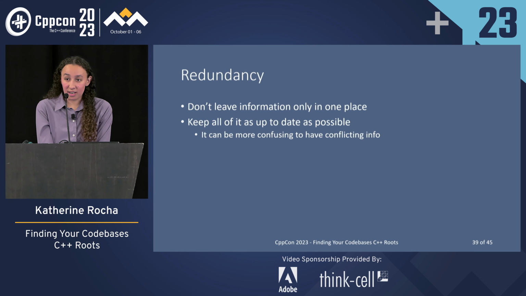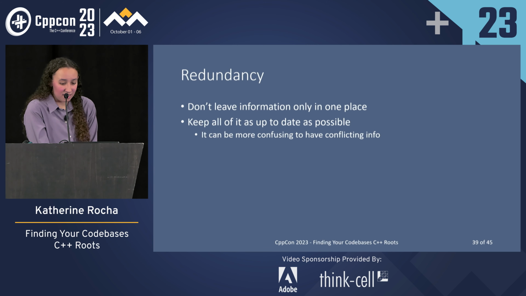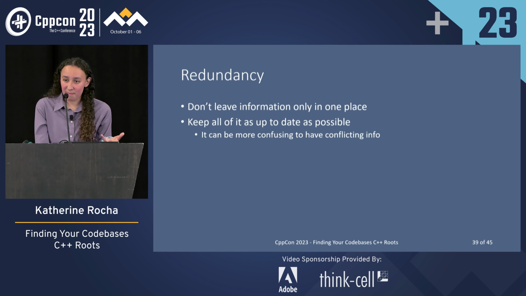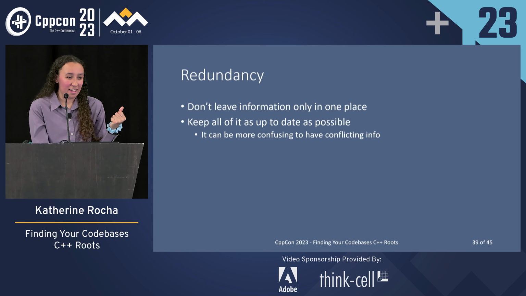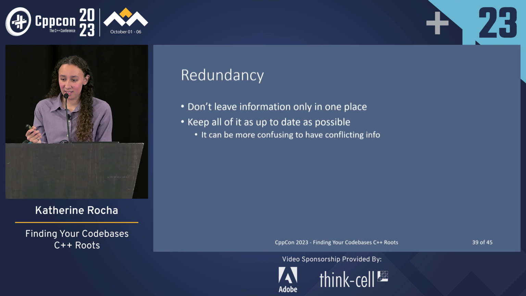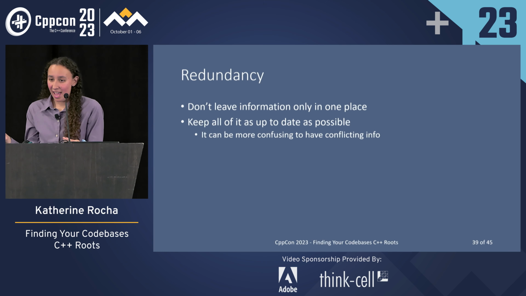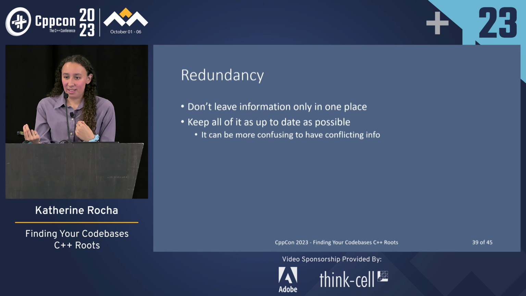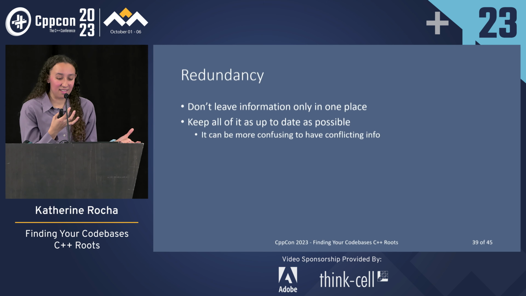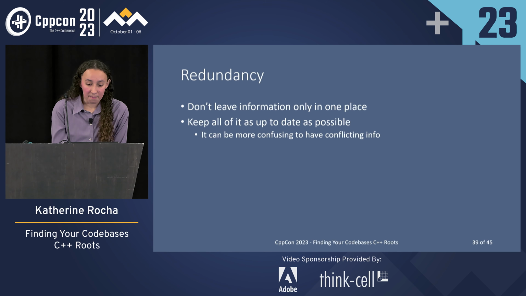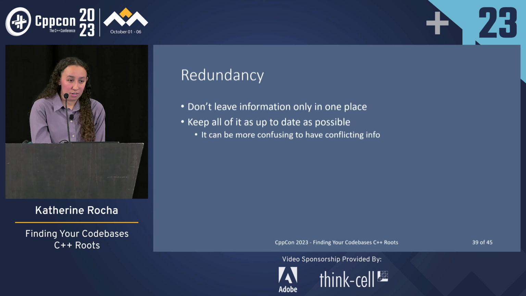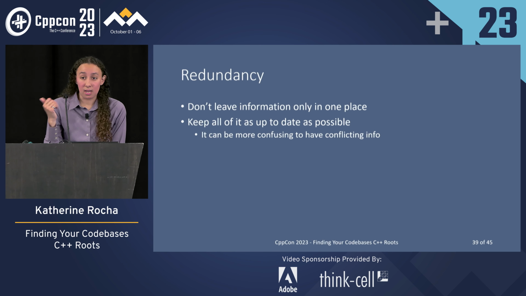So the first thing is redundancy. And redundancy itself is kind of redundant, because as much as we try to keep things in multiple places, we never keep them up to date. So there's this double-edged sword: keep it in multiple places so we don't lose it, but keep it up to date, and then we never update all the different places, and suddenly no one's ever happy. But with that, documentation is really important, and knowing what's up to date and what's not.